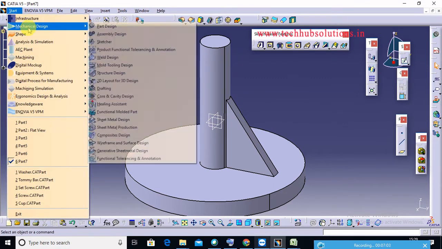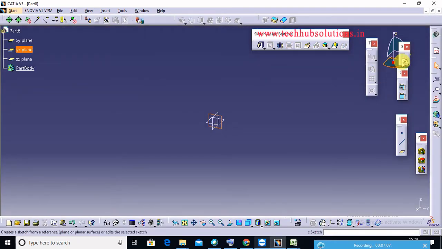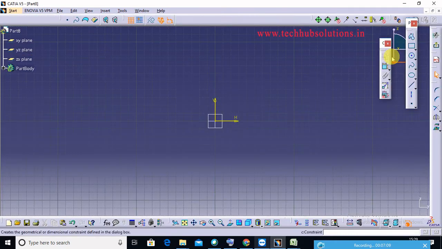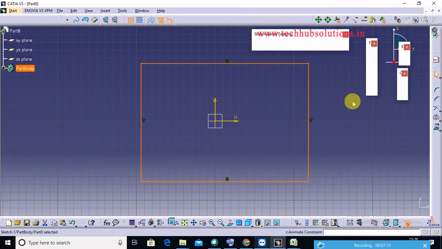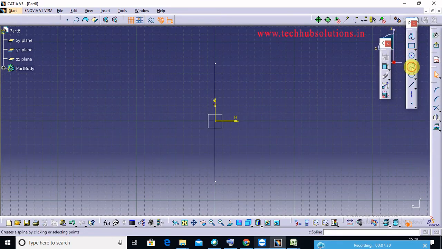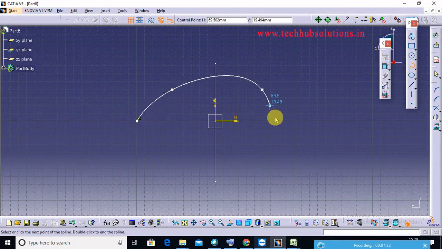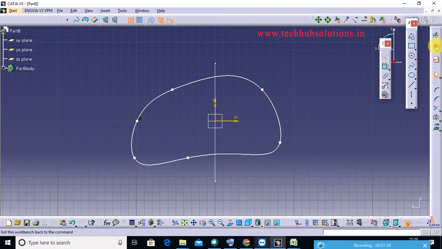Next also go to the part design. Next one is solid combine. How to create solid combine? Create one rectangle and create one spline.